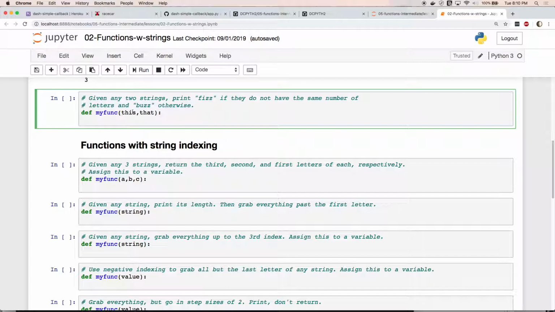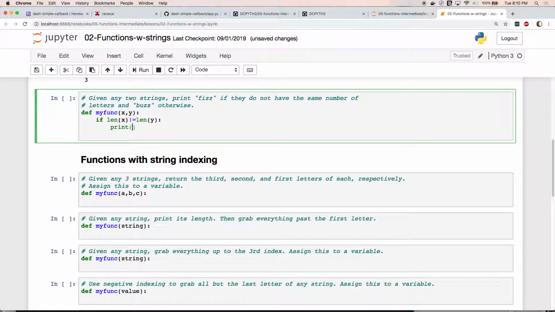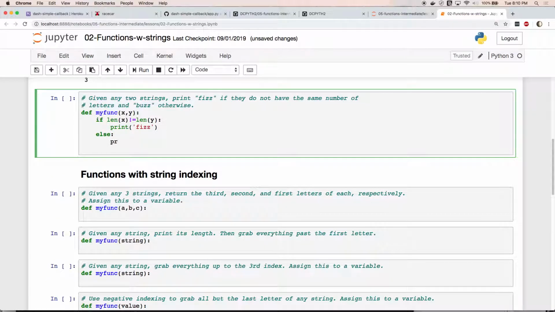Okay, so we defined my function to receive any two inputs. And here I've got it specified as this and that, but I think it's probably better to have them listed with something like x and y to keep it short. And we just want to check that if the length of x is not equal to the length of y, print fizz, else print